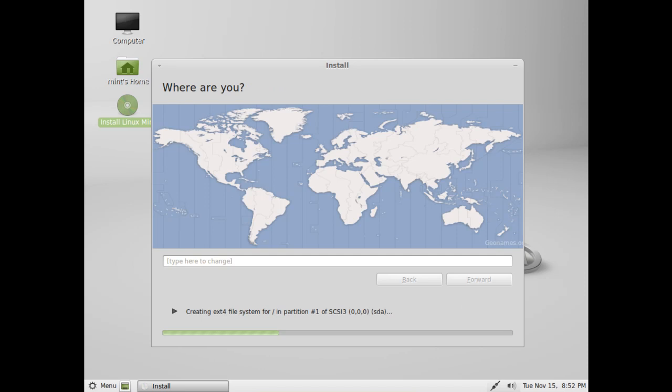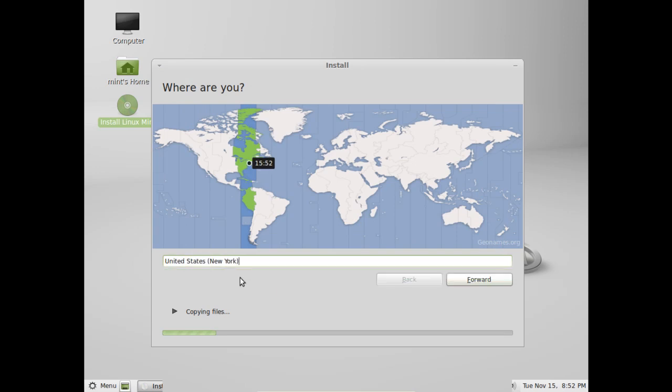You'll notice now we have a prompt asking us where we are. You can either click on the map or you can type your location in the bar. Okay, I did not get my exact location. I'll go ahead and type it in. I can select it from the drop down. You'll notice the bottom of this window has a status bar showing that it's copying the files. If we go ahead and click the forward button,